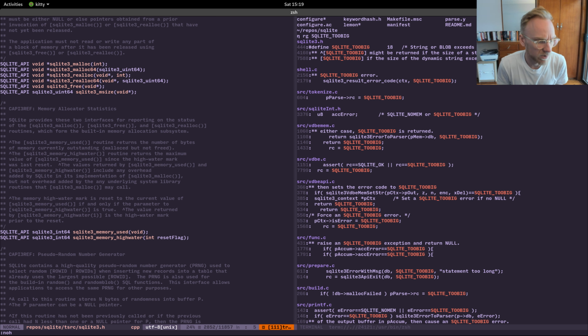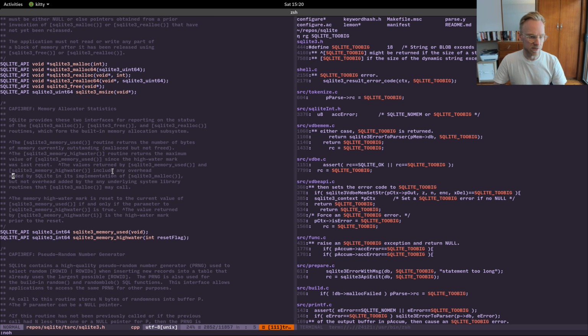The SQLite 3 memory high water routine returns the maximum value of SQLite 3 memory used since the high water mark was last reset. The values returned by SQLite 3 memory used include any overhead added by SQLite by its implementation of SQLite 3 malloc, but not overhead added by any underlying system library routines that SQLite 3 malloc may call. So it is the internal,